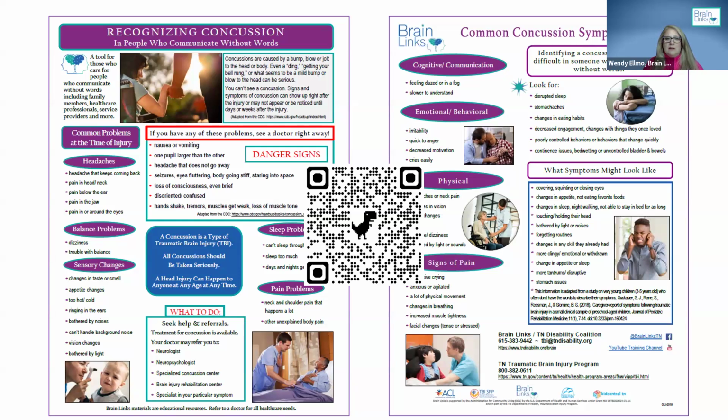And basically the answer there is to look for change. We're not just looking for a communication problem, because maybe there was one there already. We need to look for a change in that communication problem or issue that they have. So this can help you look for some signs when the person can't necessarily tell you that they have a symptom, like touching or holding their head over on the right-hand corner. And there's a QR code to get to that document on our website.